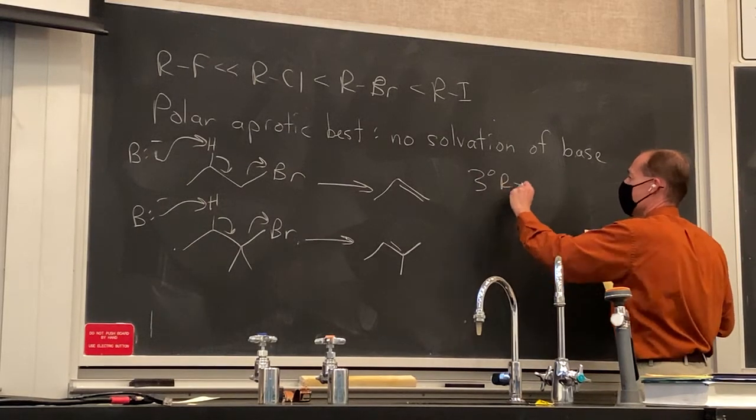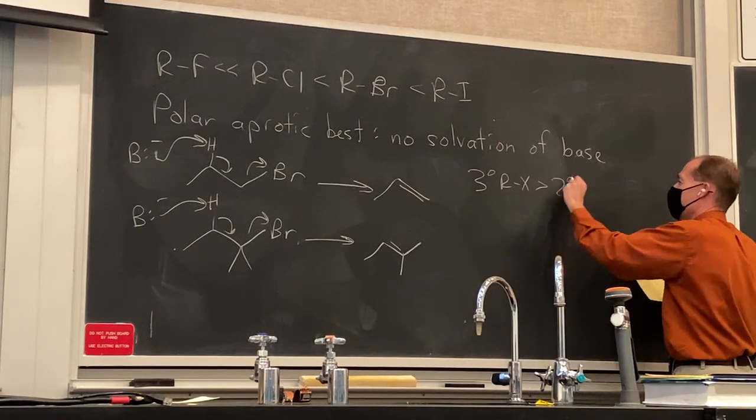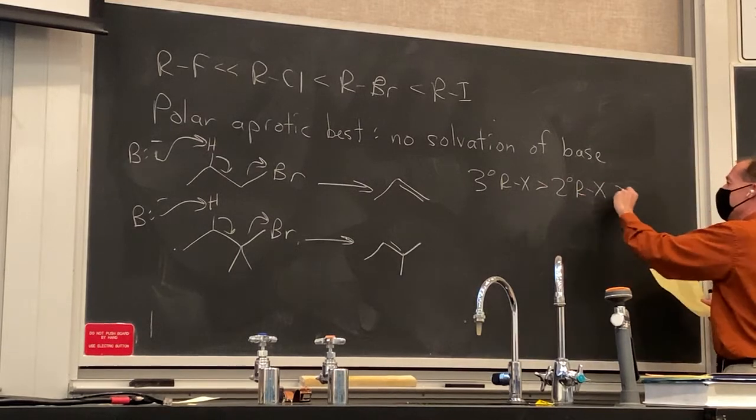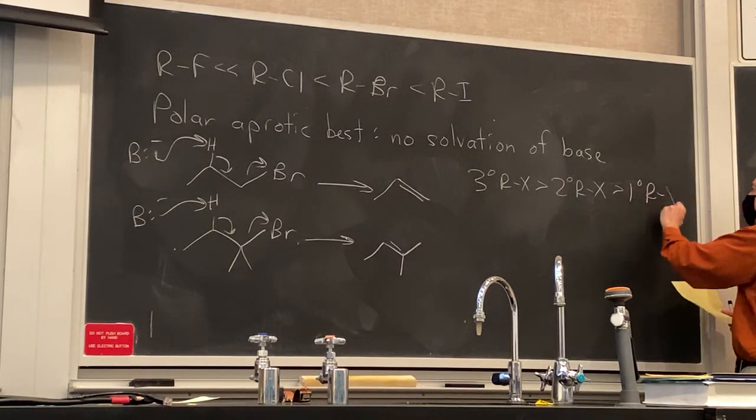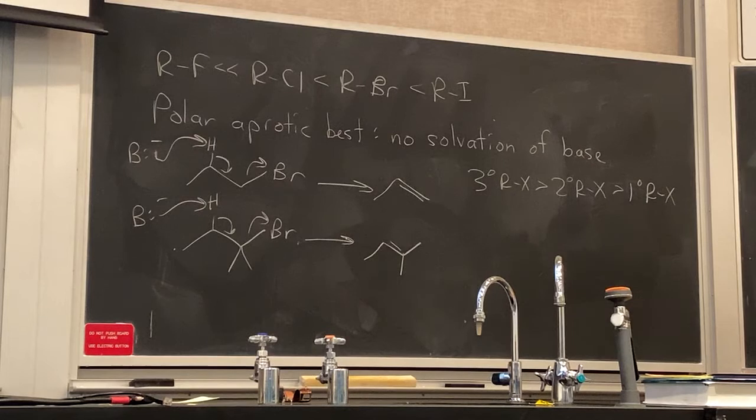Okay, so tertiary alkyl halides will react faster in E2 reactions than secondary alkyl halides, which in turn will react faster than primary alkyl halides. Okay? Any questions about that order? Yes, please. In the one you drew on the bottom, did you use